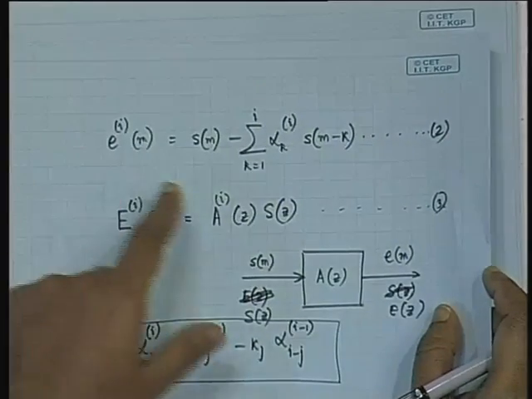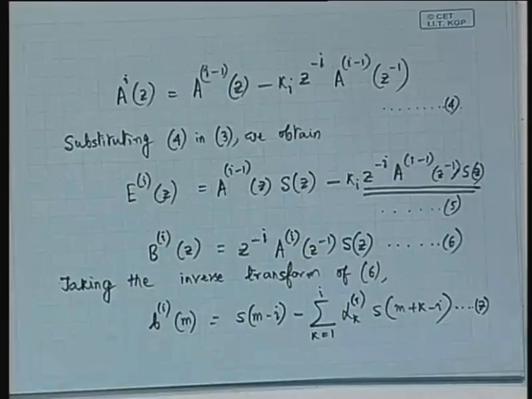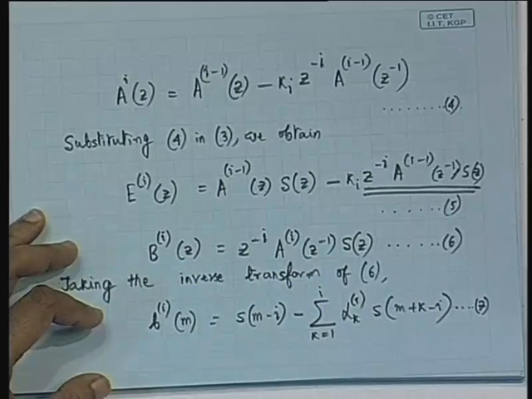There is a summation term k equal to 1 to I. Instead, if you take I minus 1, you will observe that essentially we will be able to identify